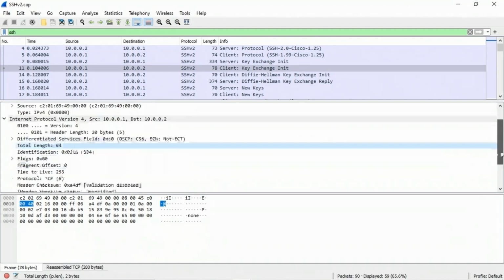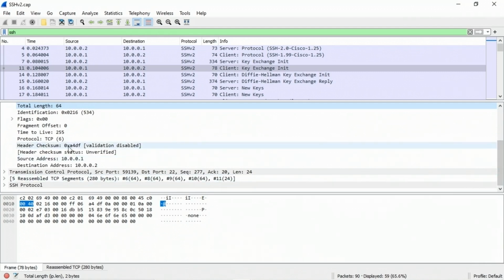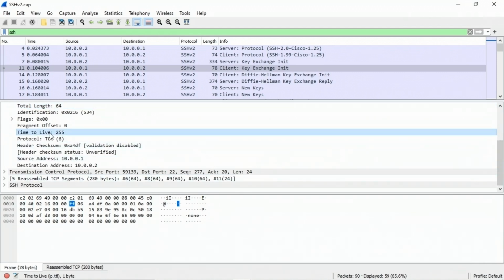It is set differently depending on the type of device or operating system, but what is consistent is that each time this transmission goes through a router, the routing device will decrement the TTL value by at least 1. Once the TTL value has been decremented to nothing, then the packet is discarded and is no longer routed. The IP header also specifies that in this case, the next higher level header is TCP, and